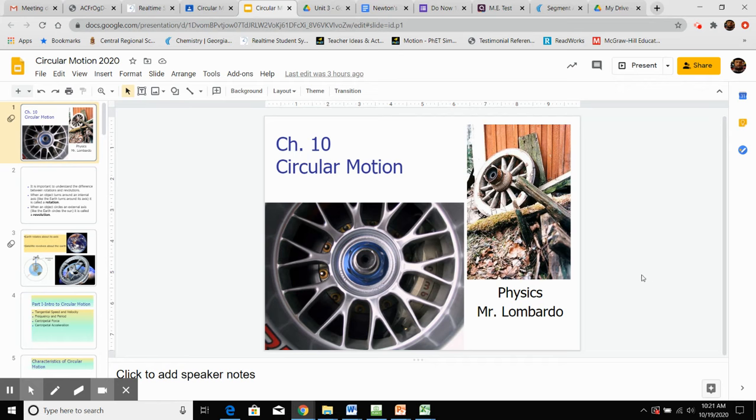So I'm just going to run through a little bit of the PowerPoint that I had posted today on circular motion. Don't worry about this little chapter piece. That was from something different. Going forward, we may wind up using the book, the online version of your book, as a resource. I may not always pull assignments from there, but it'll be available for you to go on and read and look through different pieces of information.